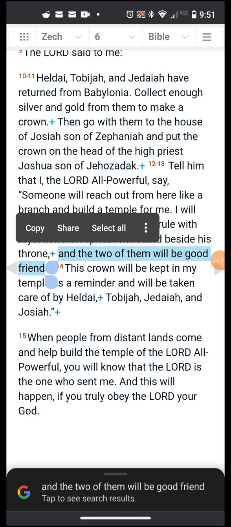Now, that doesn't line up with the end time Branch, the chosen one from the Davidic line. This ain't about that, but from my studies, and I can go through and make sure I'm correct in this, the Branch, the chosen one from the Davidic line in the end time, who will be the prince, who will be the human authority under Jesus Christ, the King of Kings,